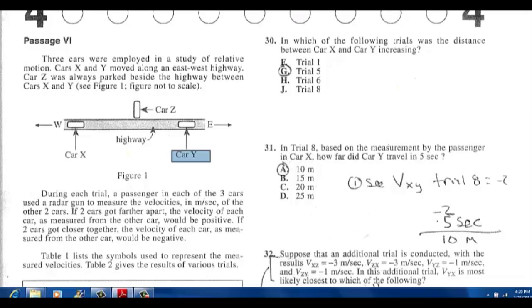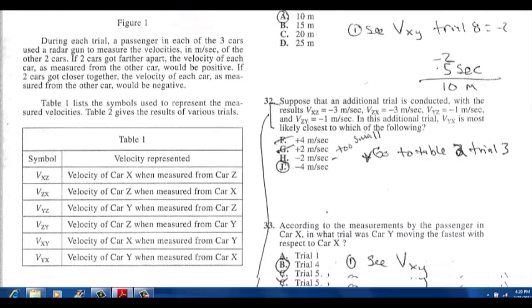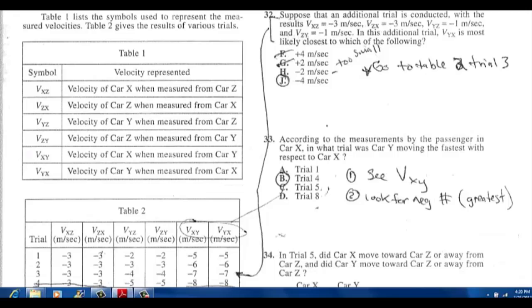Now, we're going to take that information and go look at table 1. We're dealing with car X and Y. So if you look over here under the first symbol, this is dealing with car X and car Z. That's not information we need. We need XY. Here is ZX. We don't need it. YZ. We don't need it. ZY. We don't need it. And here, finally, in the second to the last one, we see the symbol V sub XY